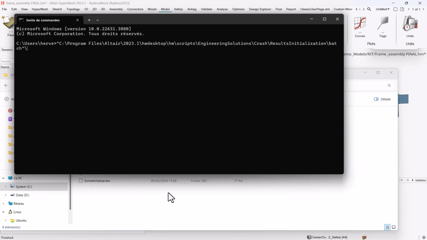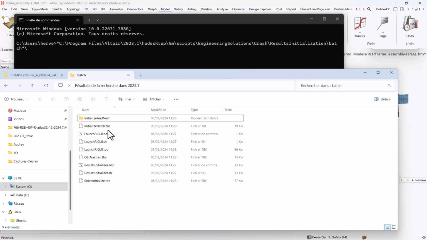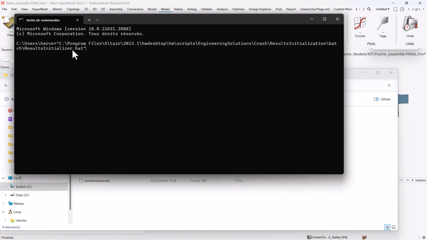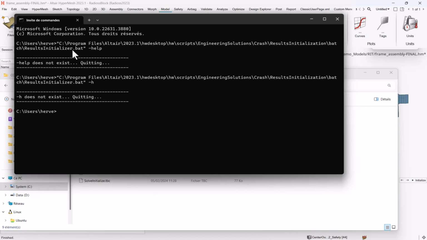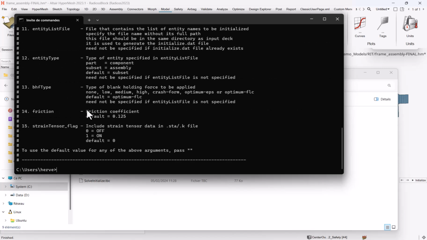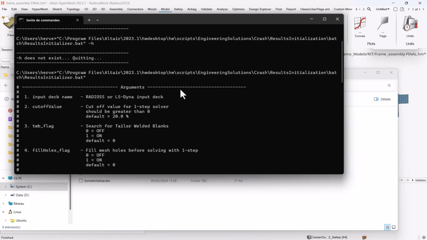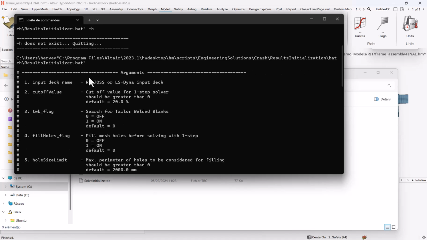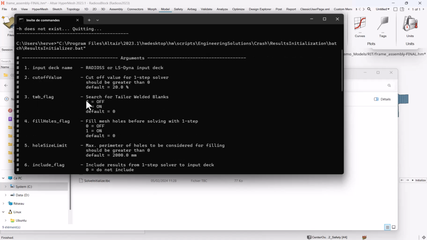And you can ask for the result initializer.bat, and you can ask for -help, or -h, or maybe it was just, sorry, it's been a long time since the last time. Okay, here you see, just hit result initializer.bat and it will provide you the needed arguments, so the input tech name, the cutoff values,